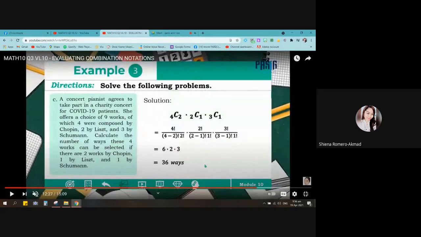So we have 36. So that's it for our module number 10. Pinakita lang sa inyo how to solve for the R and N kasi pwedeng mangyari yon in any situation na ibibigay sa inyo. Kaya pinakita ko rin kanina on how to do that. And I think naiintindihan nyo naman because in permutation, ginawa na rin natin yun. So, meron din tayong representation, how to represent, na ituro ko naman yun sa inyo last time. So, we will now proceed to